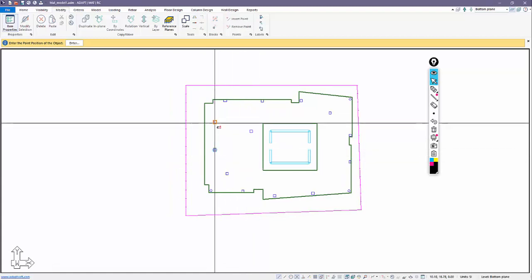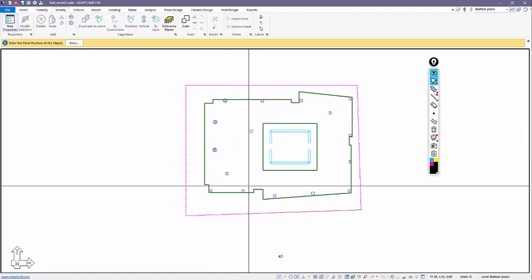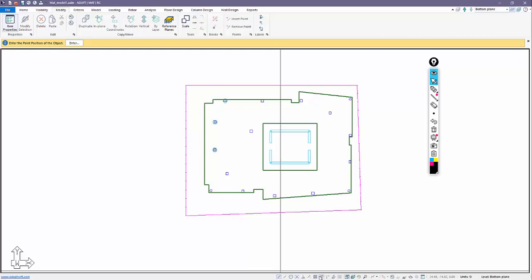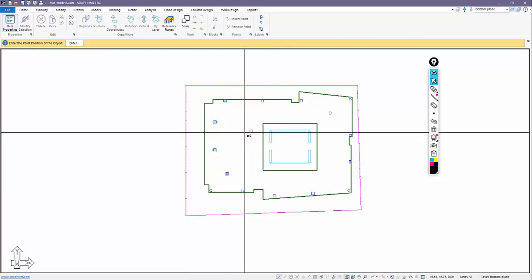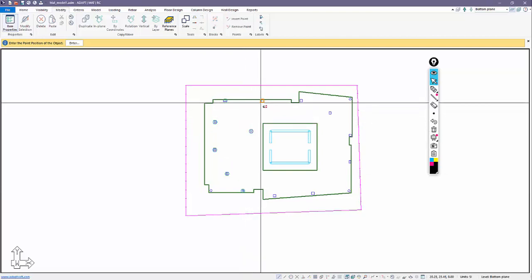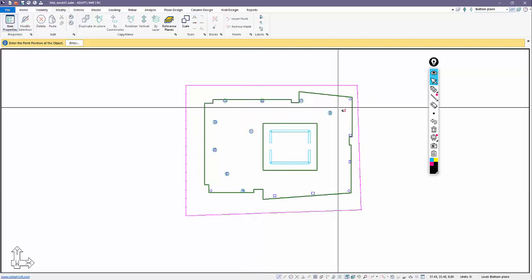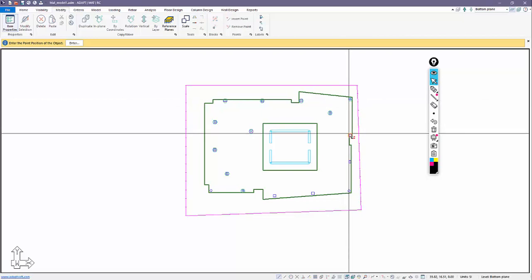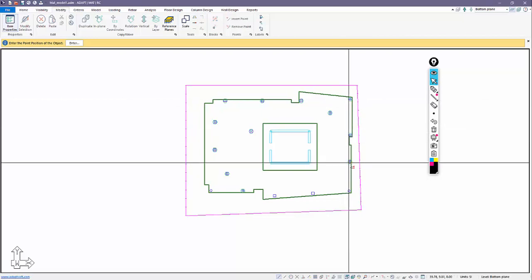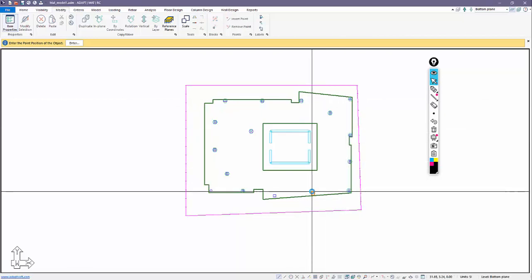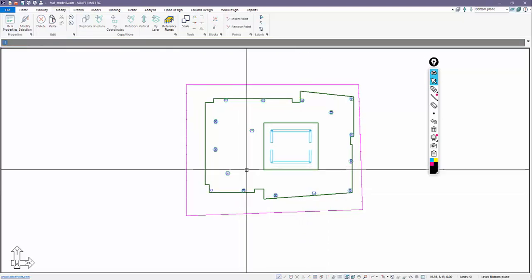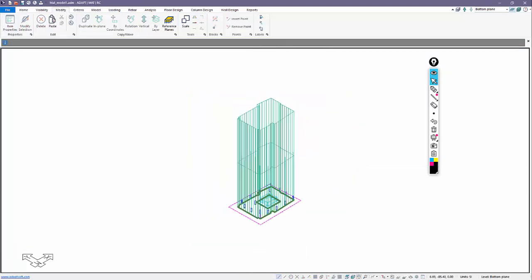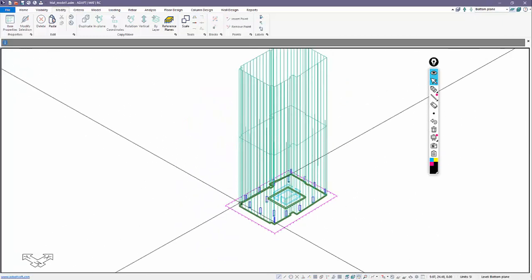So there's 1 point load, 2, 3, and notice I have the snap tools turned on. Snap to endpoint is what you want on, and that snaps to the centroid of the columns. We're going to just use the same magnitude for each column. It should be obvious how you can change that and assign different magnitudes as needed. If I escape out of that and I go to a 3D view, we can see the loads shown here.